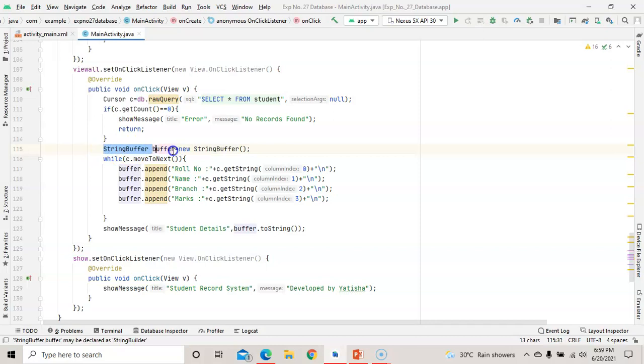Buffer is the object of string buffer class, and here we have used the while loop, C move to next, and all the information which is in the buffer string. By using string buffer class, we need to take the information.